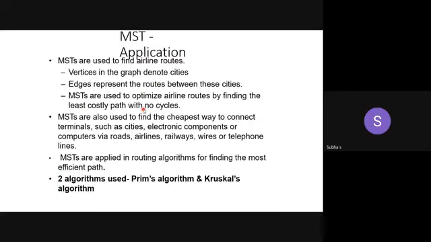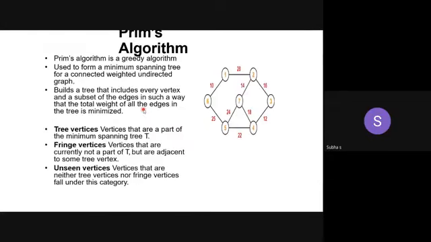Okay, let's see the example. Again, same thing. We are finding and making it the minimum spanning tree for finding the cheapest way to connect the terminals, as told, either bypass road or anything, railways, wires, optic fiber cable, anything, mainly for routing algorithms. To find the most efficient path, which is the best path, for that we can choose the minimum spanning tree. For this we are using 2 algorithms, Prim's algorithm and then Kruskal's algorithm. Now we are going to see the Prim's algorithm. Yes. Let's move on to that whiteboard, then it will be easier.